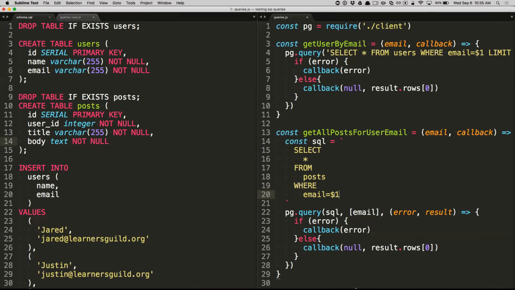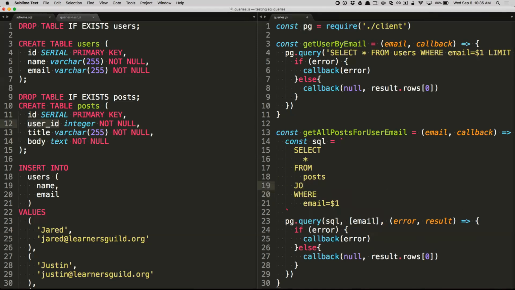Yeah, so here's our post table. There's no email column in the post table. Oh. It's linked by user ID. That means we have to link the user. You have to join. We have to join, yes. What do we have to join on? Join another table. The user ID. That one. Join users